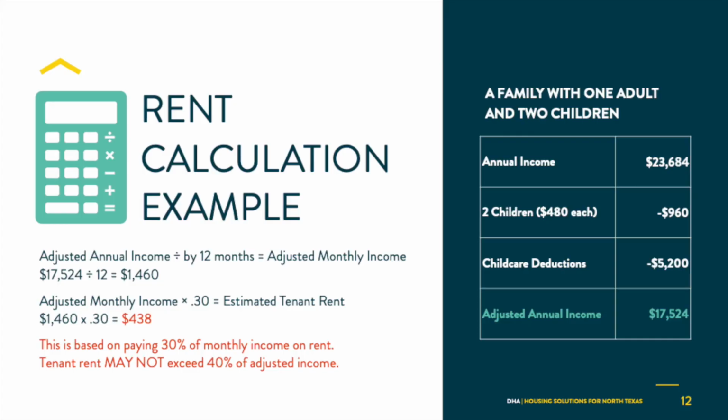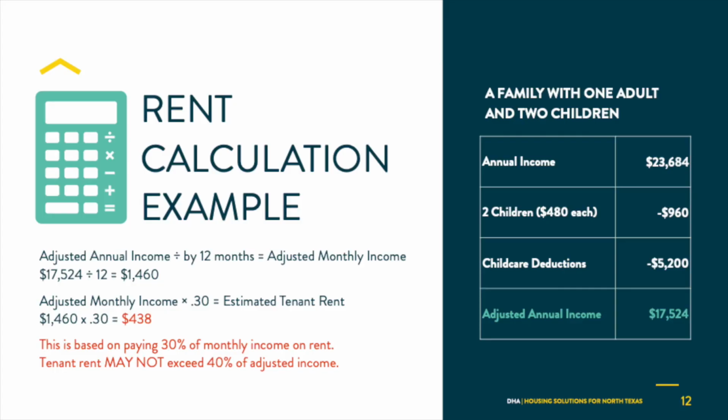or savings accounts, child support, and regular cash contributions to your household by a relative or friend, and any income that you receive from an asset such as a money market account. The next line shows allowable deductions. In this example, because the family has two dependent children, the family is eligible for a deduction of $480 for each child, for a total deduction of